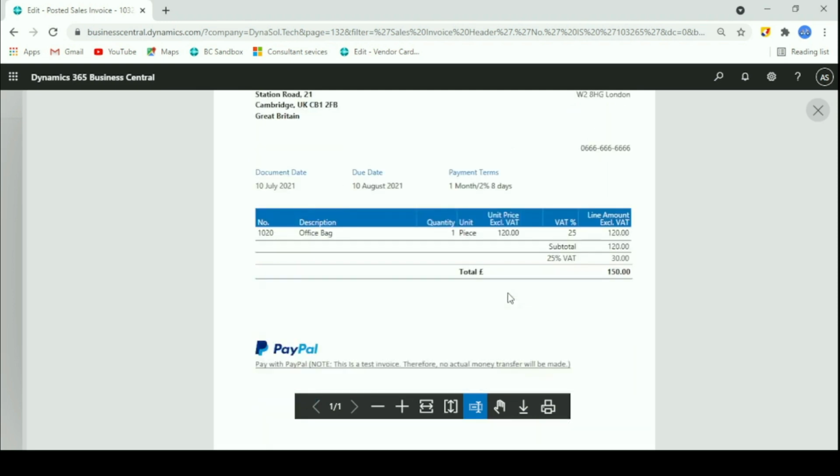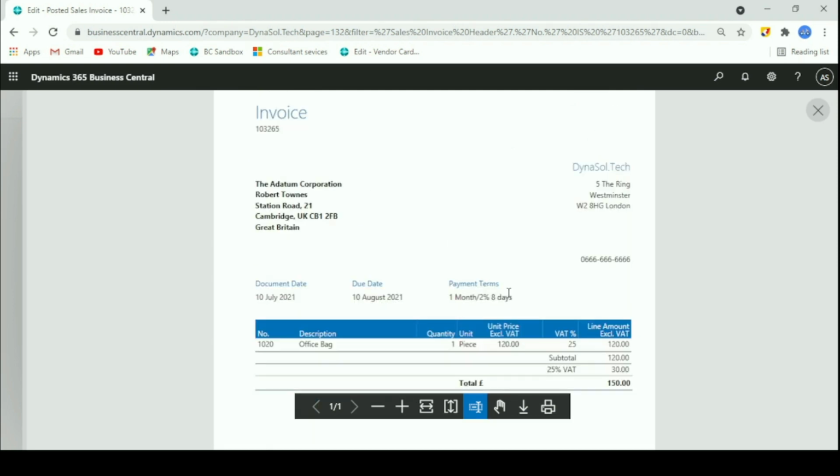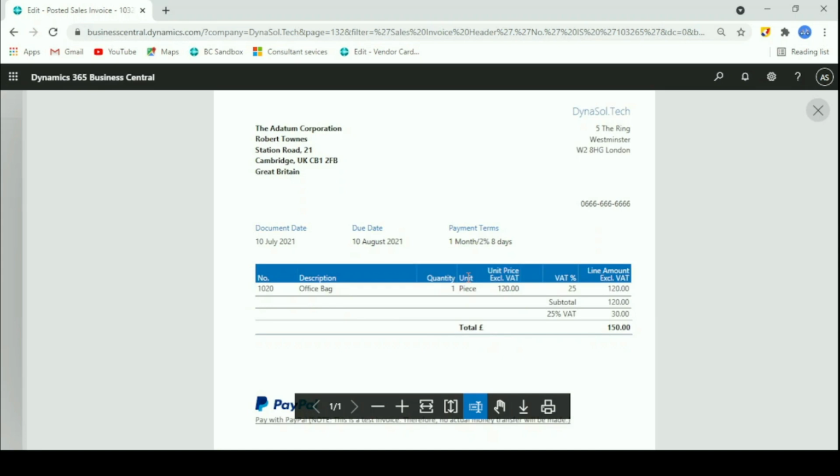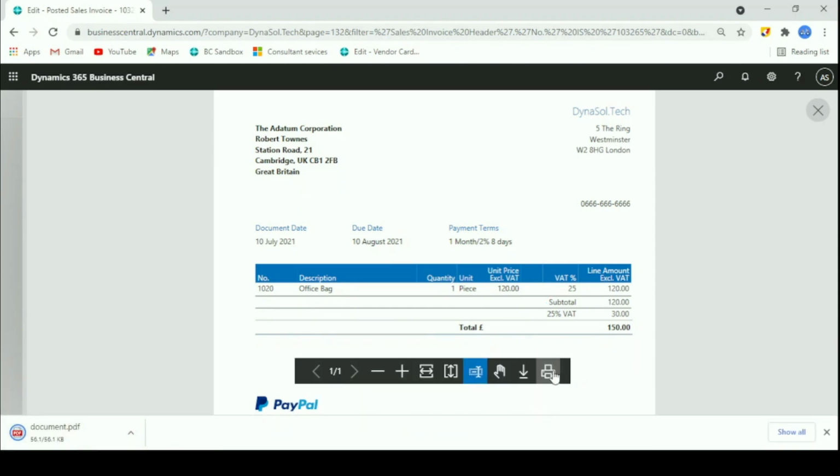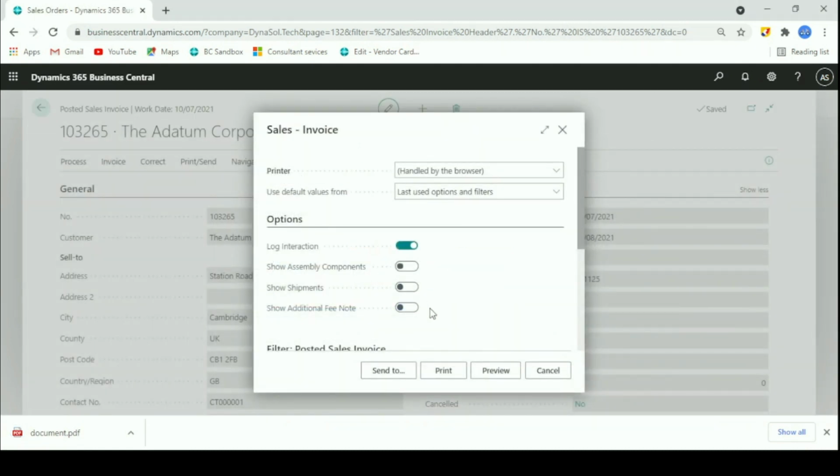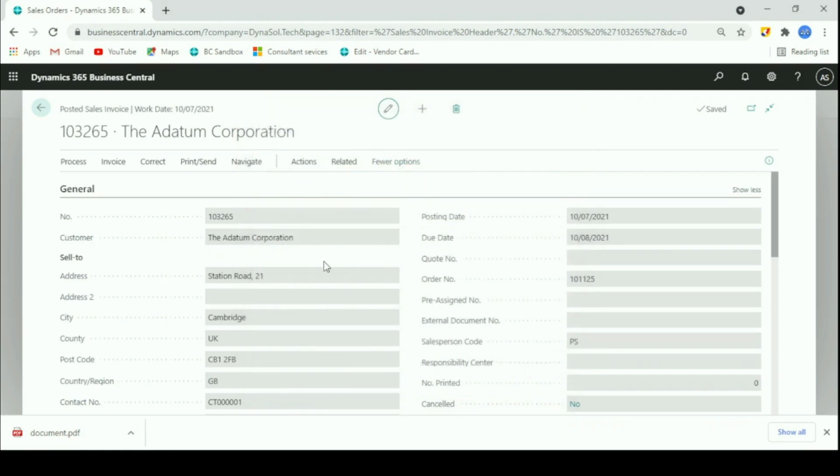By customization, we can add the logo, and if we want to define the invoice as per our customer requirement, we can define it. By clicking download, we can download it locally, and by pressing print we can print it. So this is so simple to create the sales order.